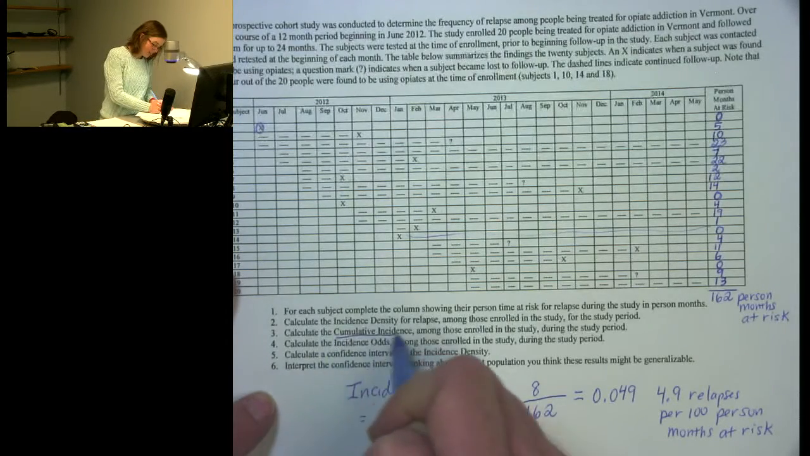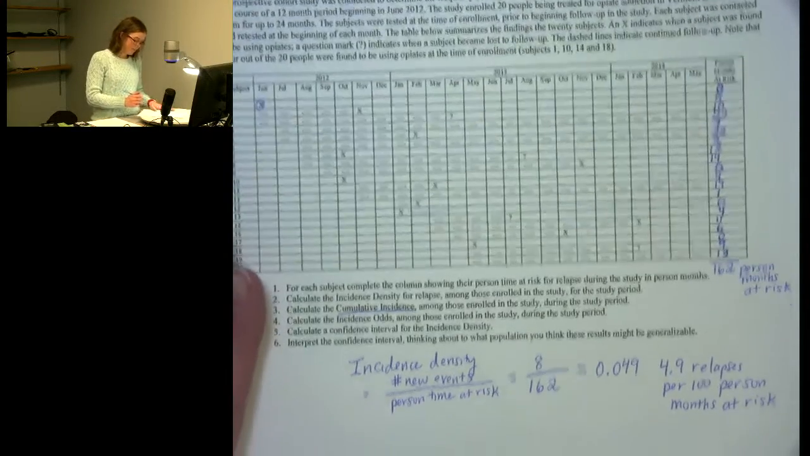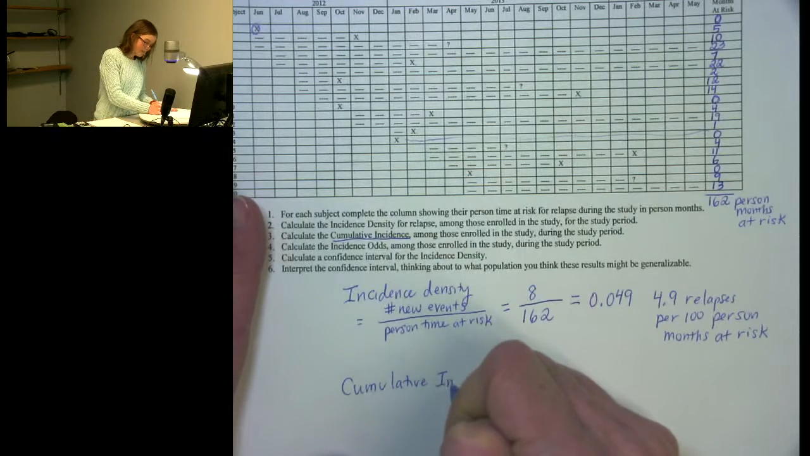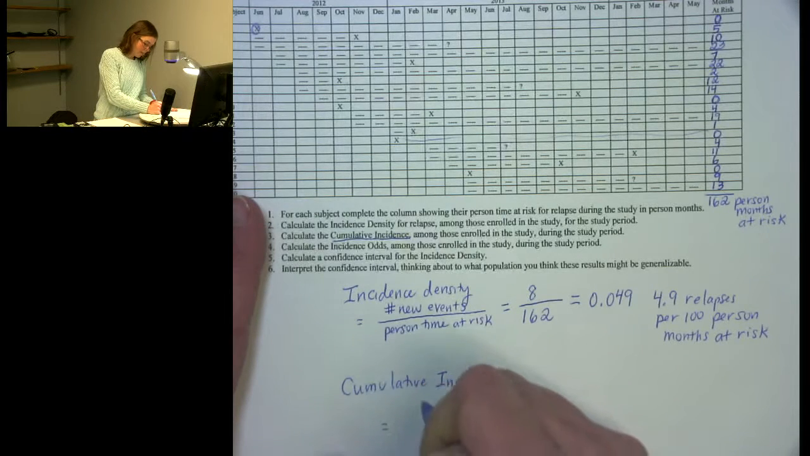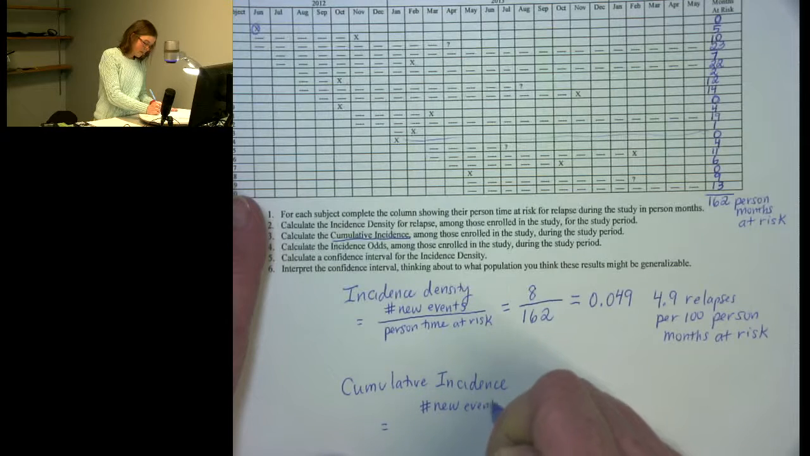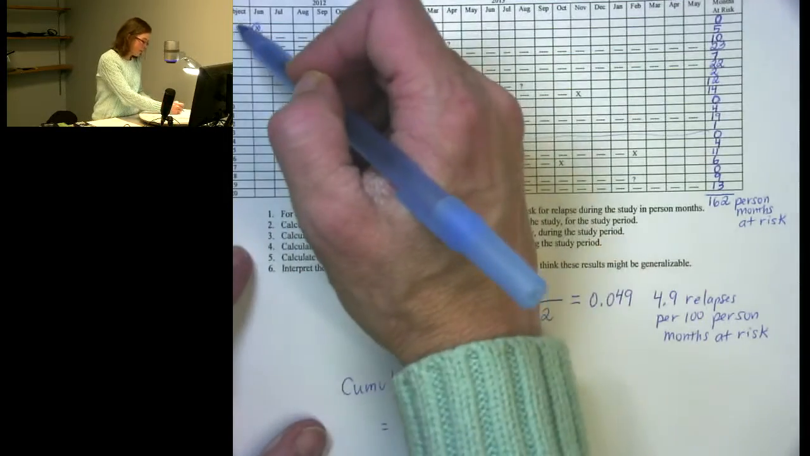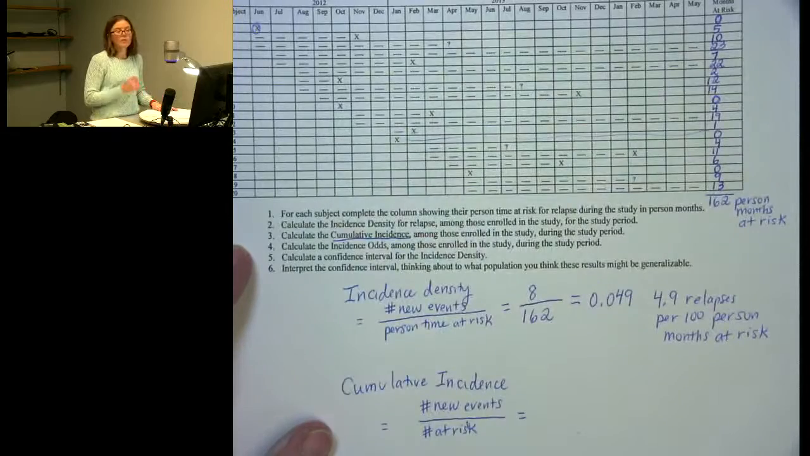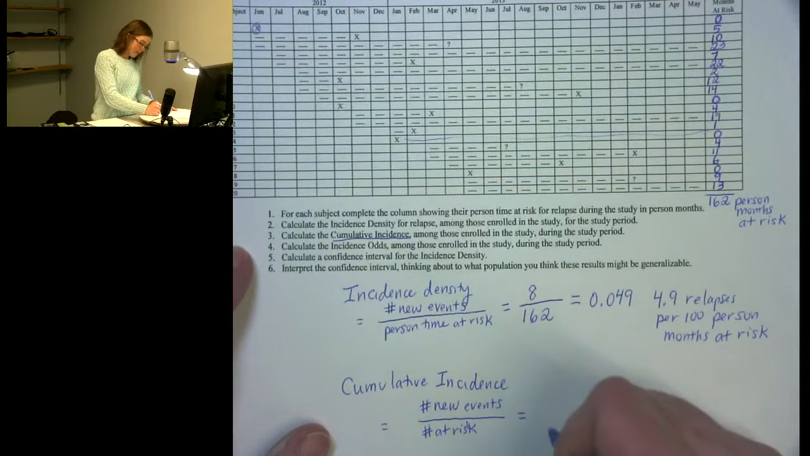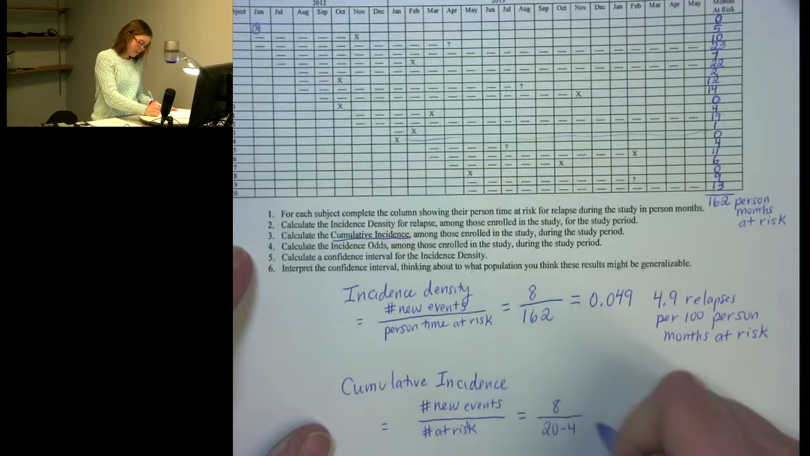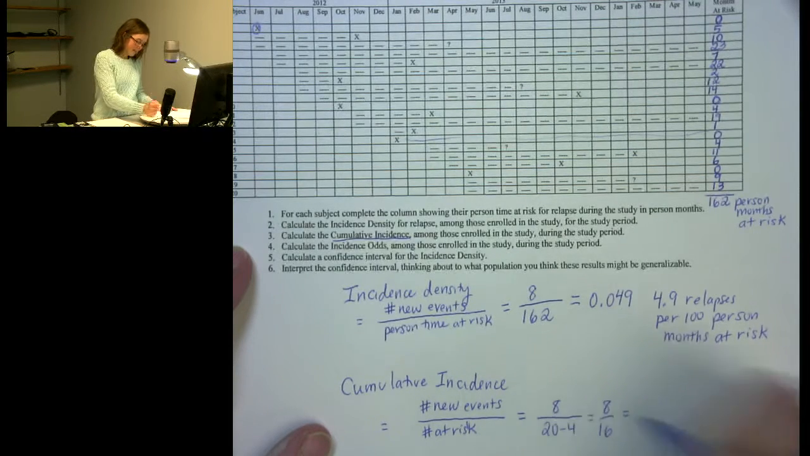Question 3 asks us to find the cumulative incidence among those enrolled in the study for the study period. So cumulative incidence is the number of new events divided by the number of people at risk. Now remember, although we had 20 subjects, 4 of them had already relapsed before the study started, so they were never at risk. So we have 20 minus 4 people at risk, and we have 8 new events that occurred. So 8 out of 16 gives us a cumulative incidence of 0.5